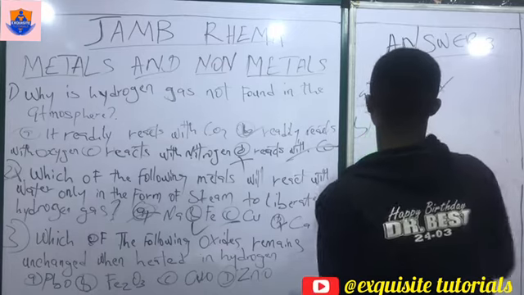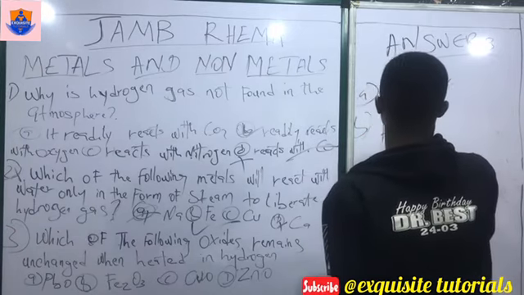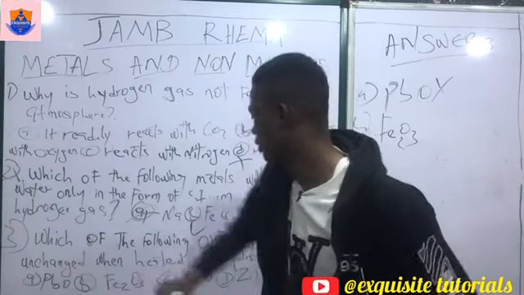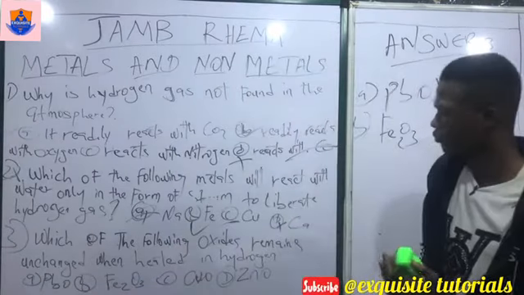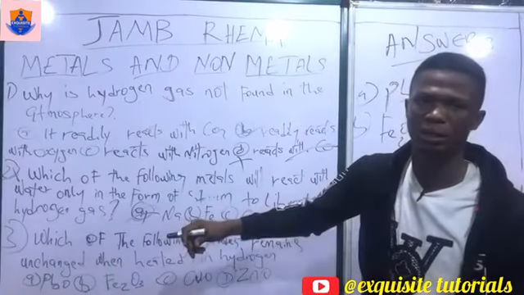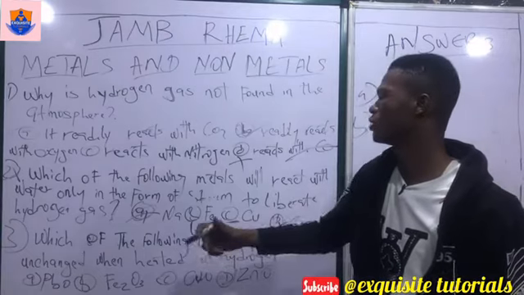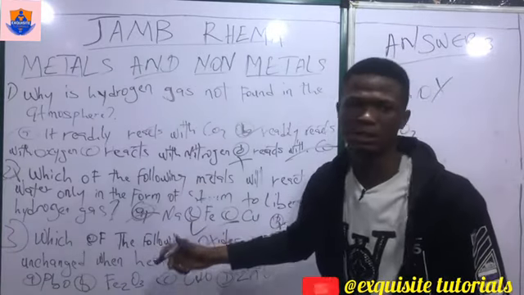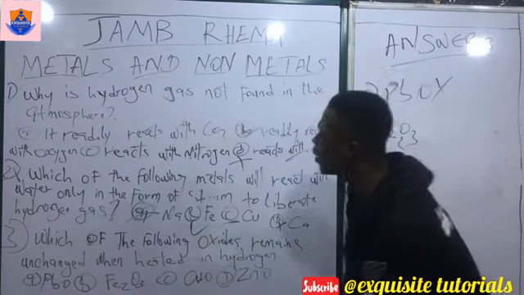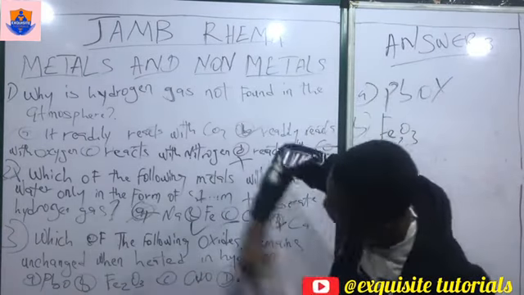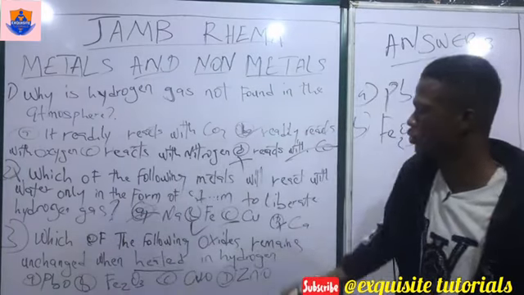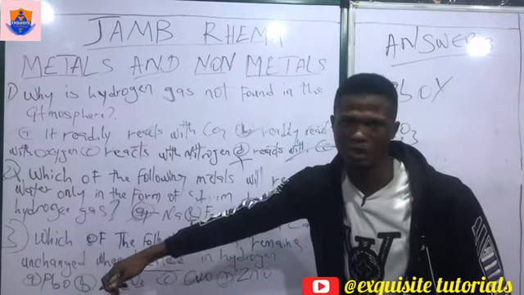Option B, we have iron oxide, Fe2O3. Option B, iron oxide. If you check, iron oxide is not as reactive as the other alkali and alkaline earth metals. And you discover we said when heated. Mark this: when heated, this made you to know that iron is a bit higher than hydrogen in the